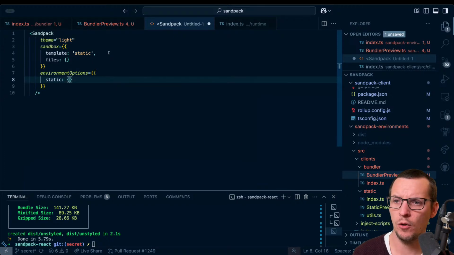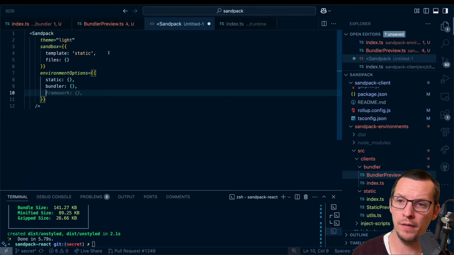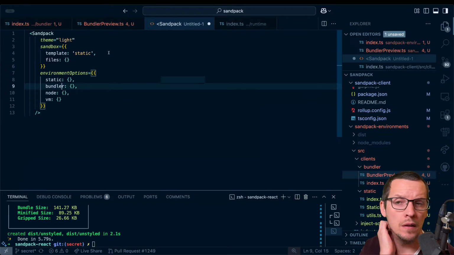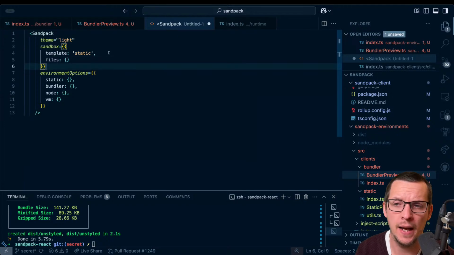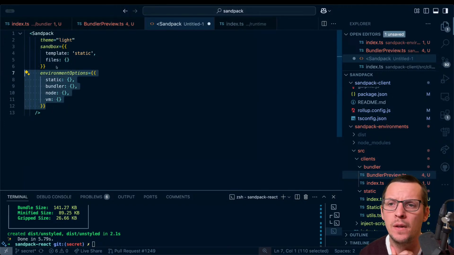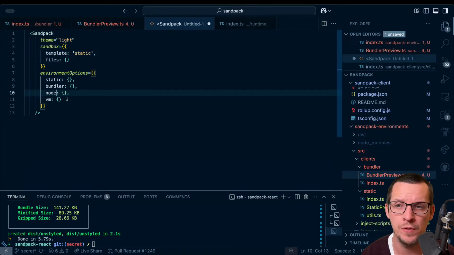So you have static options, you have bundler options, you have node options, or you have VM options. That could be something, at least the closest thing I have to something that I think would make sense. So it's totally up to you which of these environments you want to use, like the scope of using Sandpack,